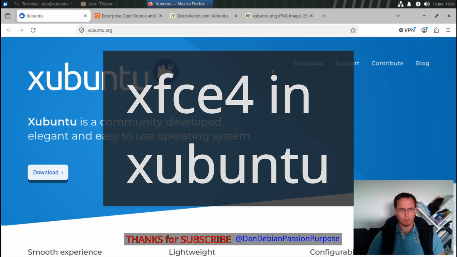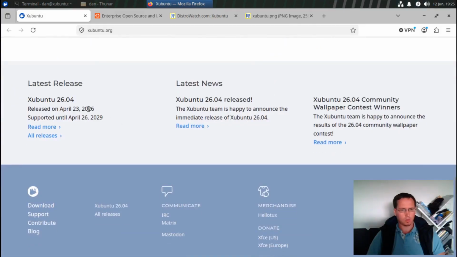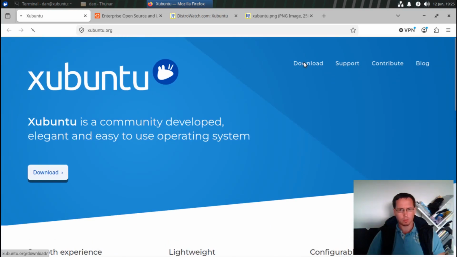Let's have a look at Xubuntu. In my series about the xfce desktop, I showed multiple distributions which use the xfce desktop, and Xubuntu is one of my favorites. It's my favorite Ubuntu flavor. Here's the xubuntu.org site, and you get information here about the newest Xubuntu 26,